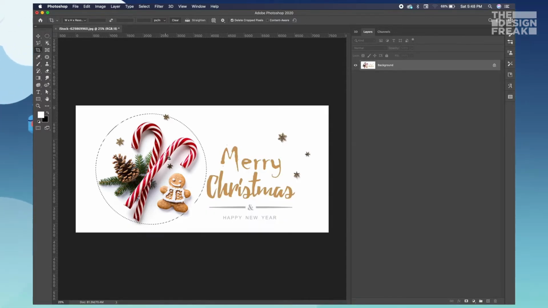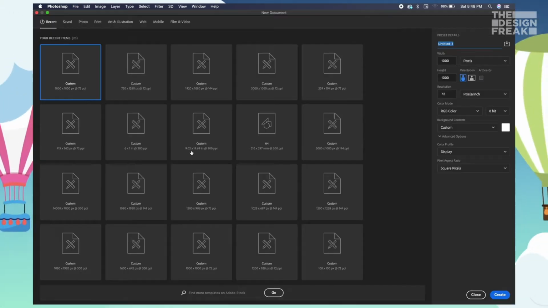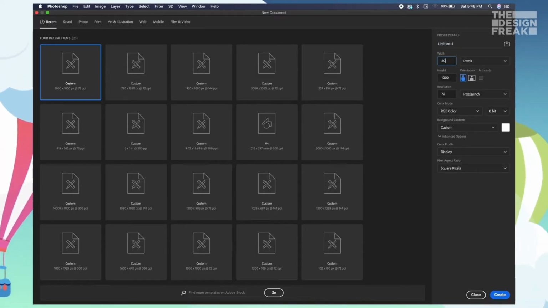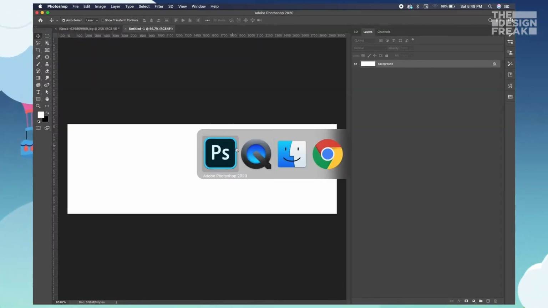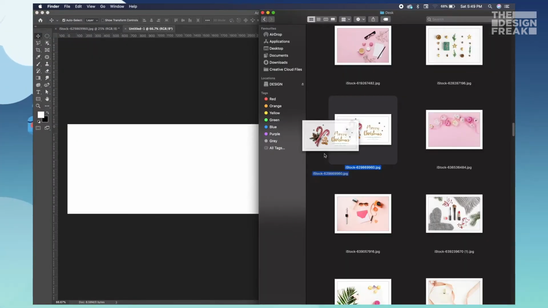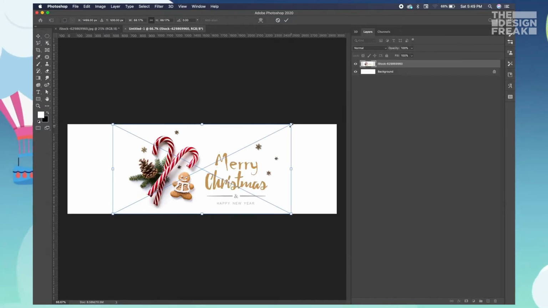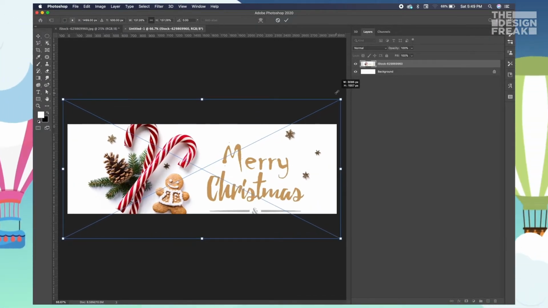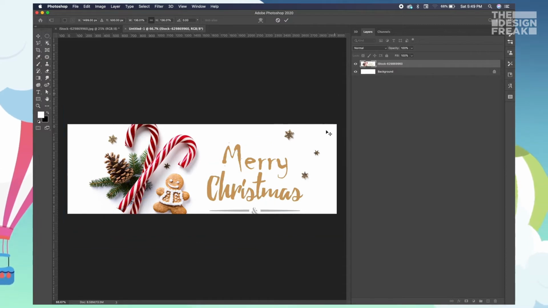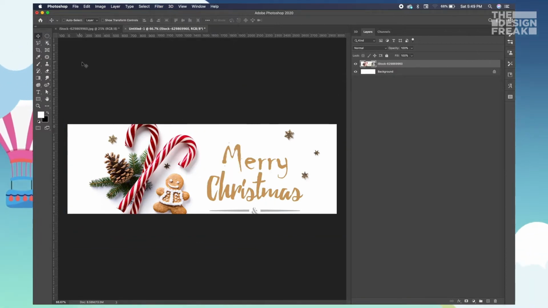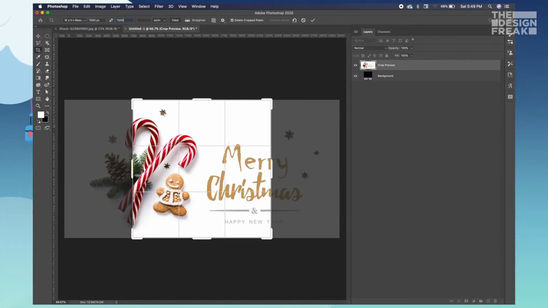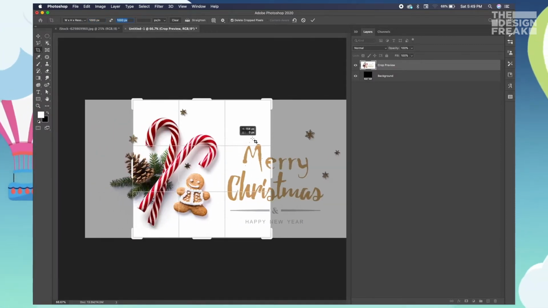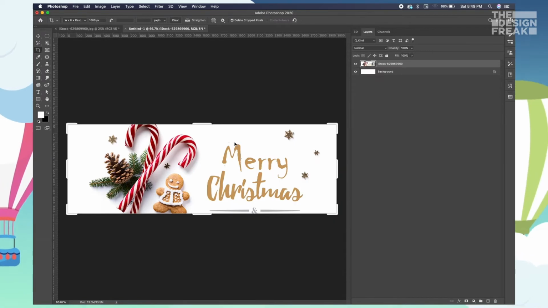Now another thing we can do is, usually if you're going to make an Instagram grid, so let's try this where I'm going to have 3000 by 1000. That's cool. Now I'm just going to take an image and place it right here for example. Now if this has to be my Instagram grid, I'm going to maybe crop each of them in 1000 by 1000 and then move them as and when I'd like. Right now that's absolutely wrong.